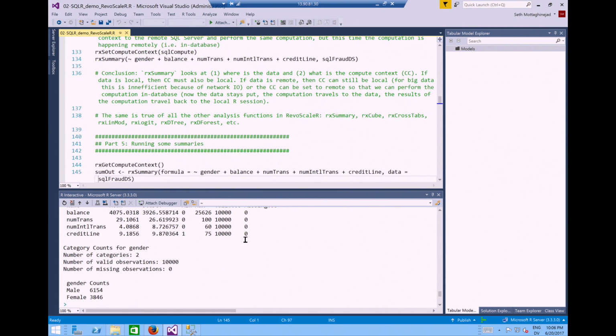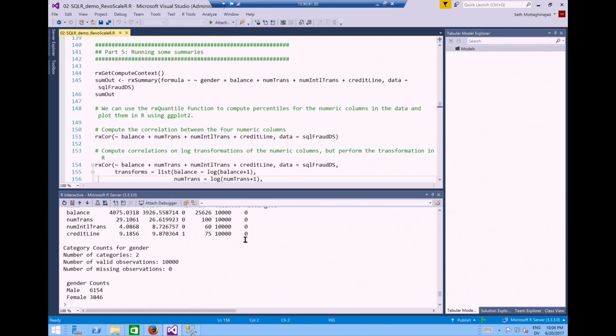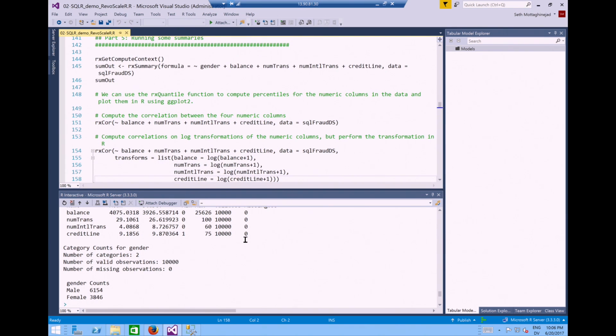Okay, so what we're going to do next is look at some examples. So we have about 10 minutes. We're going to use the next 5 minutes to look at just a few more examples of things that we can do from this end, from the R IDE, from our R client. And then the last 5 minutes, we're going to go to the SQL Server Management Studio and look at one example at least of a stored procedure that is invoking R.